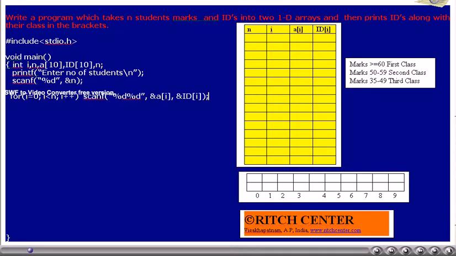This for loop is meant for reading n students' marks and identification numbers into two separate 1D arrays.